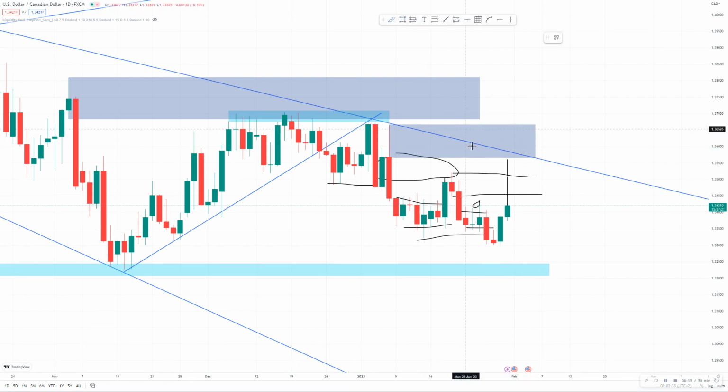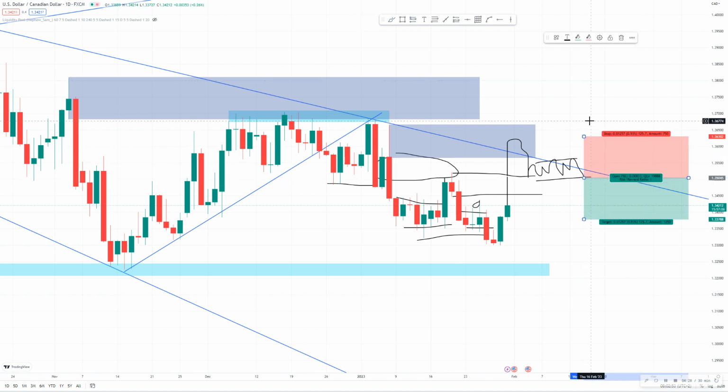So it means price could actually come back inside here and then trade off of this, taking out this liquidity, possibly creating a type of pattern for us,